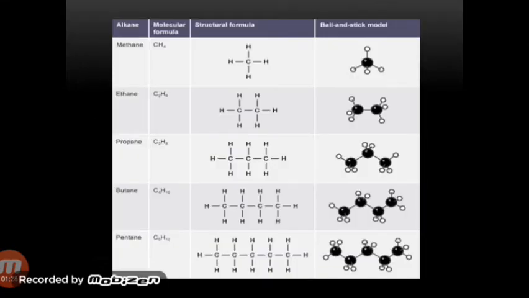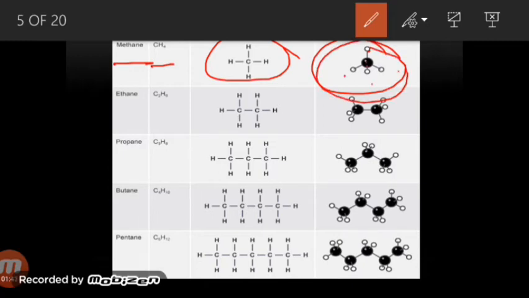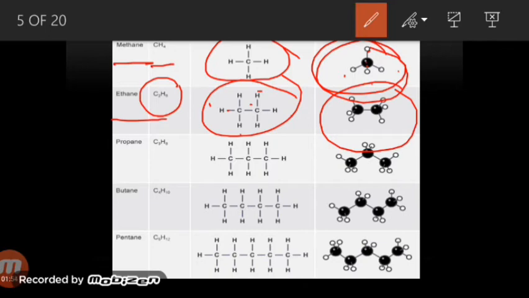So these are the examples of alkanes. Here you can see methane is the first member of this group with the formula CH4. This is its structural formula. This is its geometrical formula. Here you can see a carbon atom is attached to 4 hydrogen atoms in this distinctive structure. Ethane has the molecular formula C2H6. This is its structural formula. 2 carbons are here which are connected with 6 hydrogens, and this is its geometrical formula.